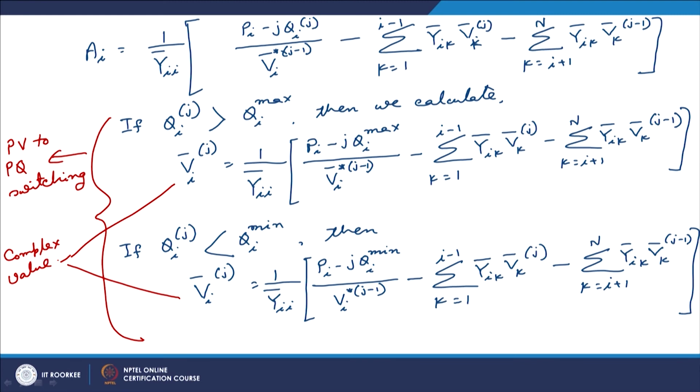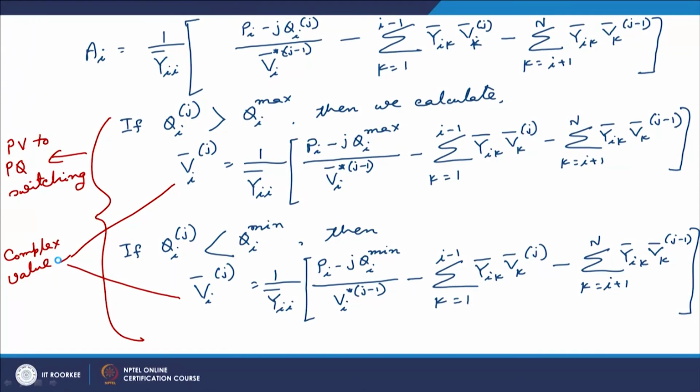So, what we have done is a very simple thing. We have simply said if the actual reactive power generated by the generator is within the limit, then this bus voltage magnitude would remain at Vi specified, only the angle would be calculated. Or if the actual reactive power is crossing the limit, then this actual generation or absorption by the generator would be clipped at that limit, and then we would be recalculating both the bus voltage magnitude and the angle. So, we will not be maintaining the bus voltage magnitude at the pre-specified value, because the excitation system will not be able to maintain it.